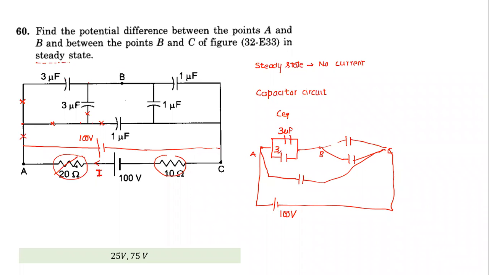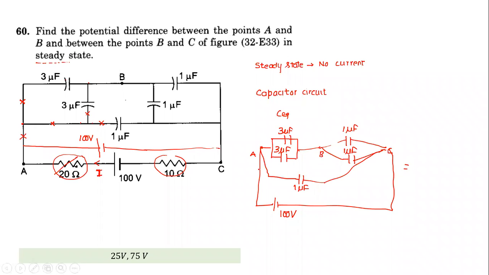Now again, you should remember, how do capacitors in parallel add? They add up. Don't mix it up with resistance, we forget that part. So we can calculate the total charge, and then we can do the distribution. Once we have the total charge, we can calculate either. So this circuit we reduce to 6 and 2. Then we have the potential difference between A and B. It's actually very easy.